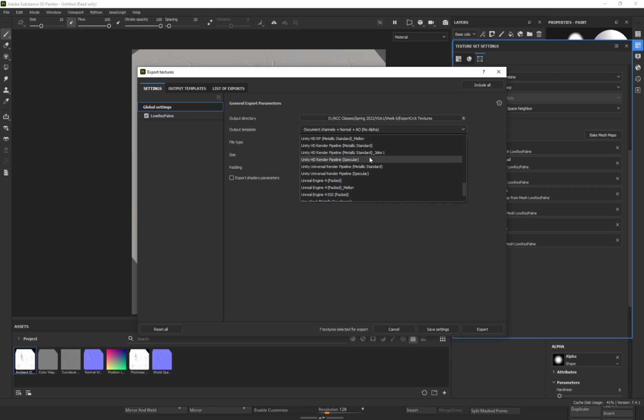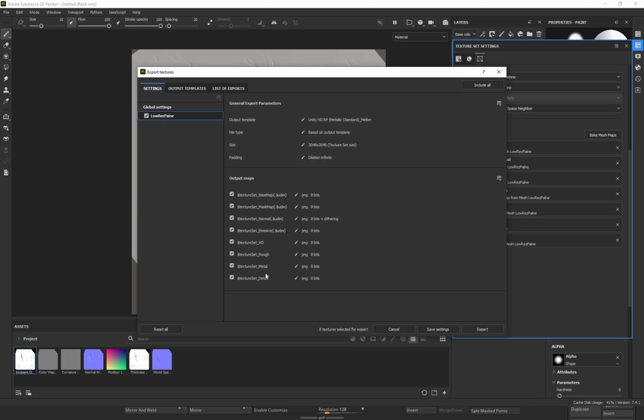So I think my version, this one, yeah, it has AO. So I can turn off all this other stuff. Really the only thing we need out of this export of these texture maps is the normal, the mask map, because we're going to Unity, and the AO. So I export it,